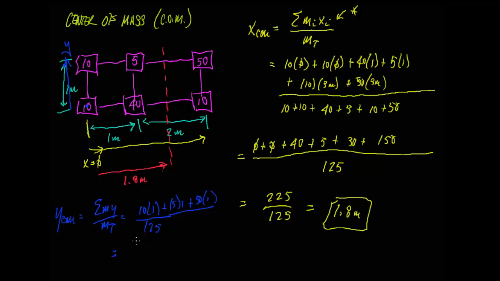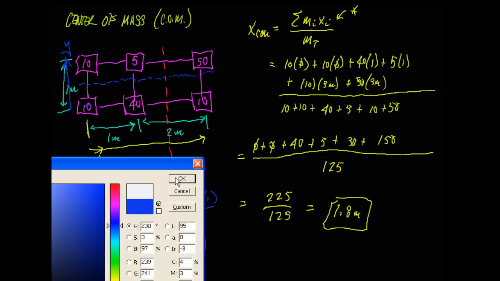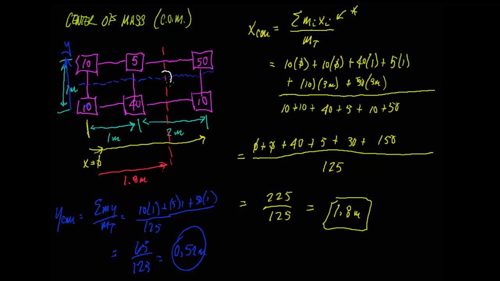That's going to give us a 10 plus a 5 and a 50. What's that? 65 over 125, which would be 0.52 meters. That tells us if we draw a line at 0.52 meters up from that point we're measuring everybody, that will be the balance point vertically. If we go through and look at the connection or the intersection of those 2 points, the center of mass of this entire structure